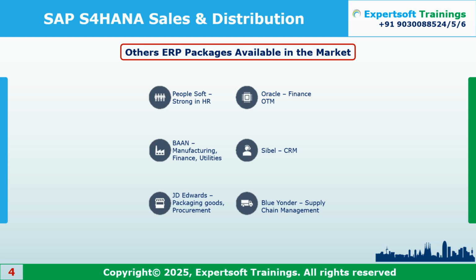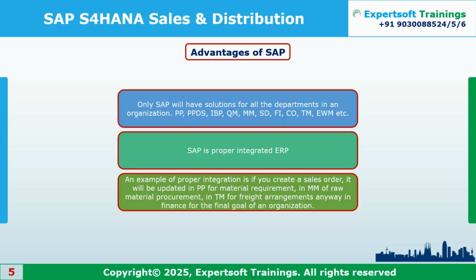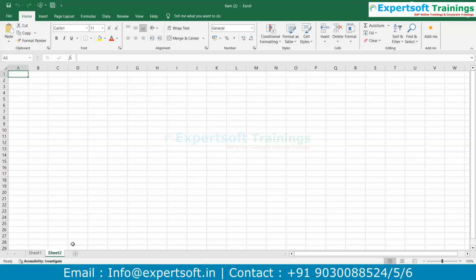The advantage of SAP is that it has its presence across the industry. More than 80% of the companies who have implemented ERP have implemented SAP. The market share of SAP in the ERP industry is more than 80%. Another advantage of SAP is that it has a tight integration between different departments of the company. How it is integrated, to give you the perspective,